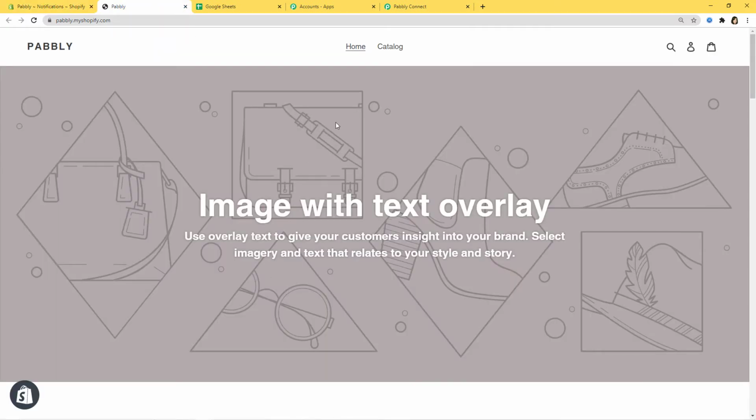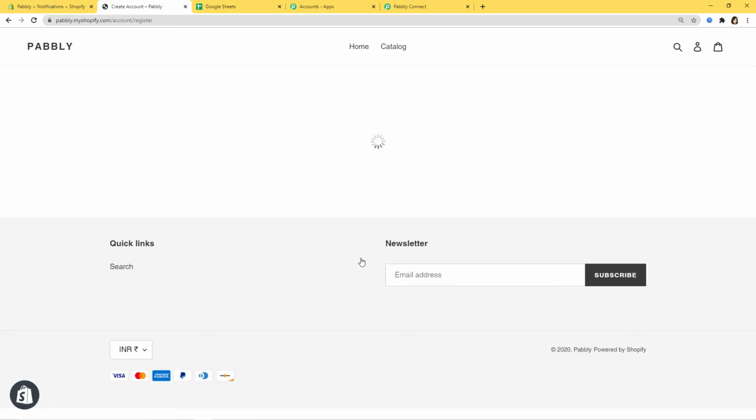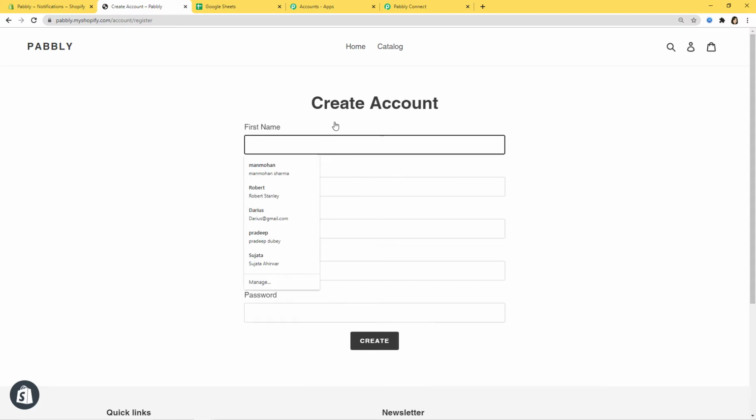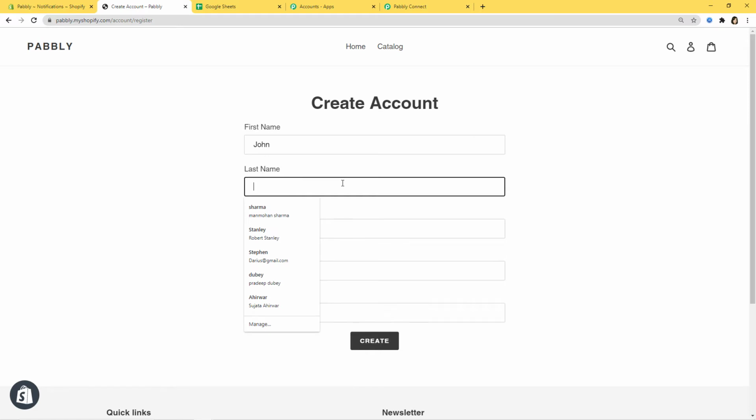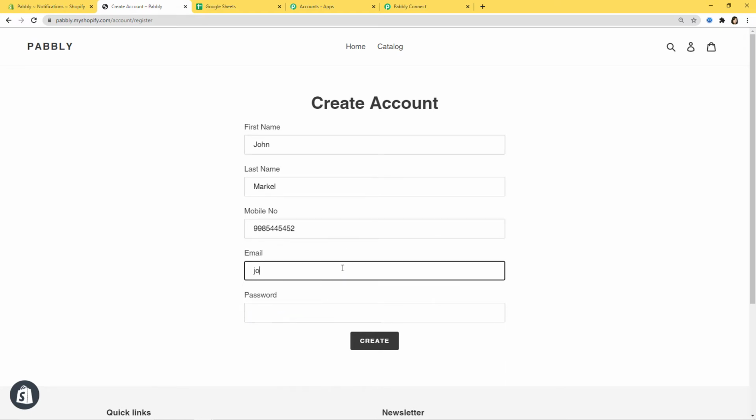Okay, so this is our store of Shopify. Now here you can see this icon over here. So I'm going to click on it. And from here, we are going to create account. That means we are going to create a new customer's account. Okay, so first name I am going to put John, last name Markle, mobile number, okay, email johnmarkle@gmail.com.